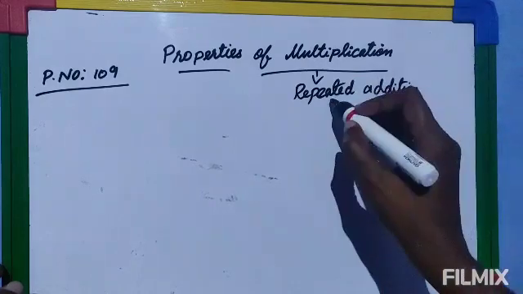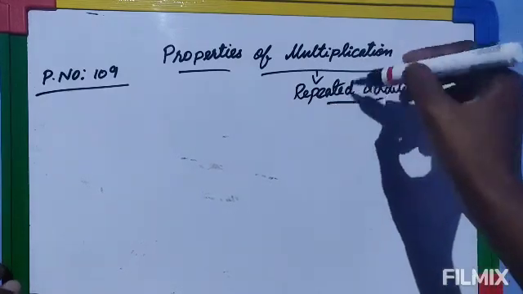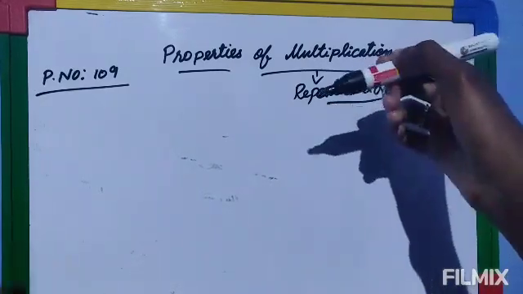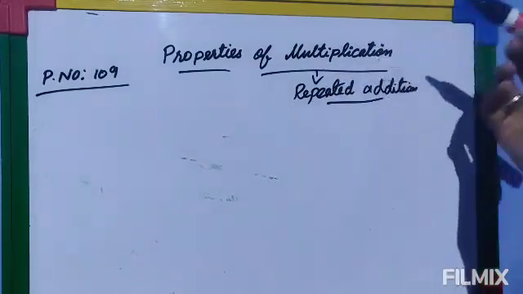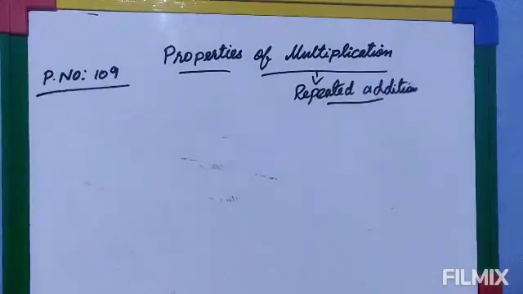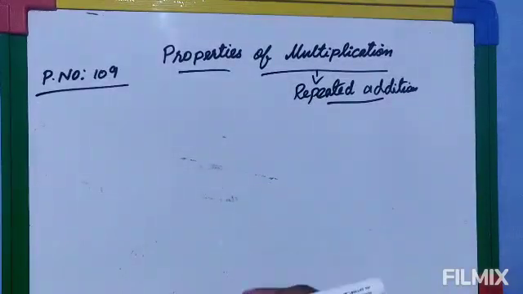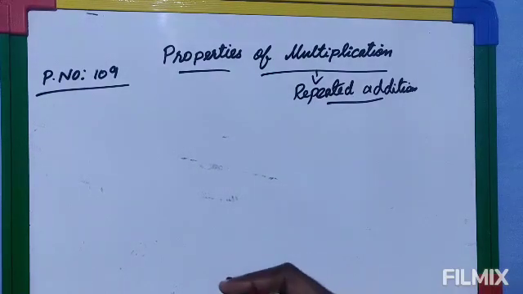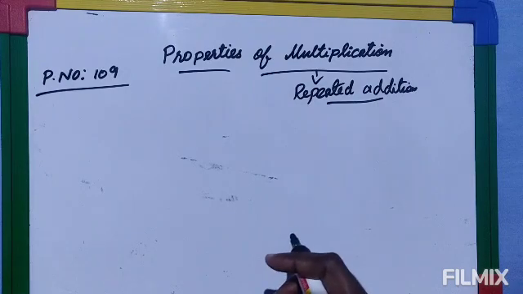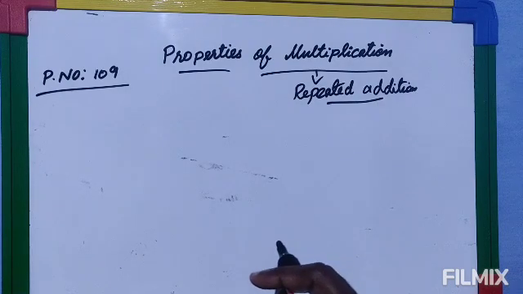Since it is a repeated addition, both have a connection. Both are related, and some things will be similar in multiplication and addition. So in properties also some of the things are similar. If you have learned the properties in addition and if you remember it, then this also will be easy for you, but sometimes it may confuse since it looks similar. But not all are similar, some are similar. So don't be confused also.